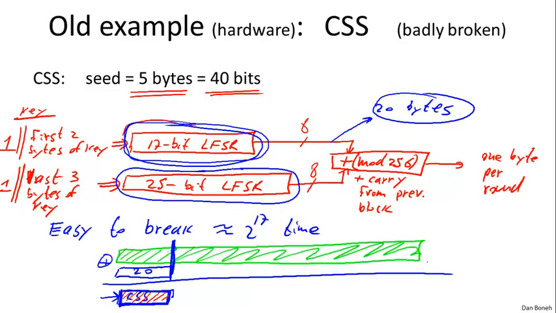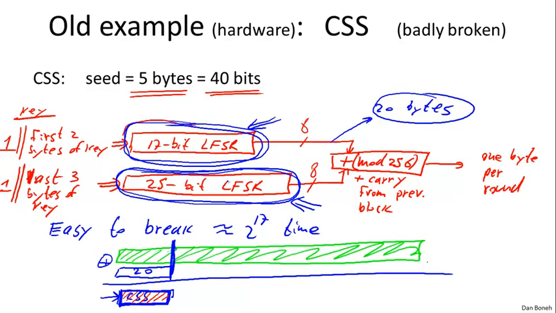Now, it turns out that looking at a 20 byte sequence, it's very easy to tell whether this 20 byte sequence came from a 25-bit LFSR or not. If it didn't, then we know that our guess for the 17-bit LFSR was incorrect. And then we move on to the next guess for the 17-bit LFSR, and the next guess, and so forth, until eventually we hit the right initial state for the 17-bit LFSR, and then we'll see that the 20 bytes that we get as the candidate output for the 25-bit LFSR is in fact a possible output